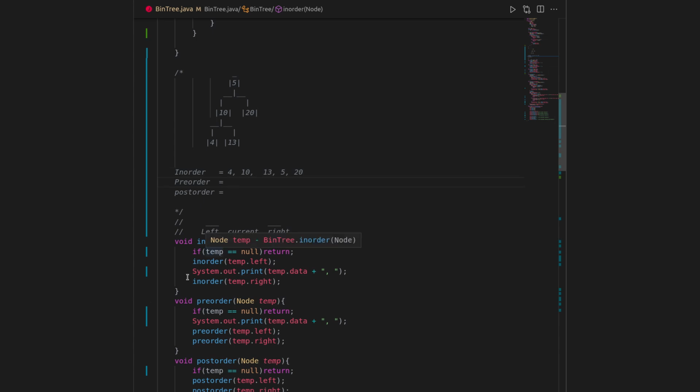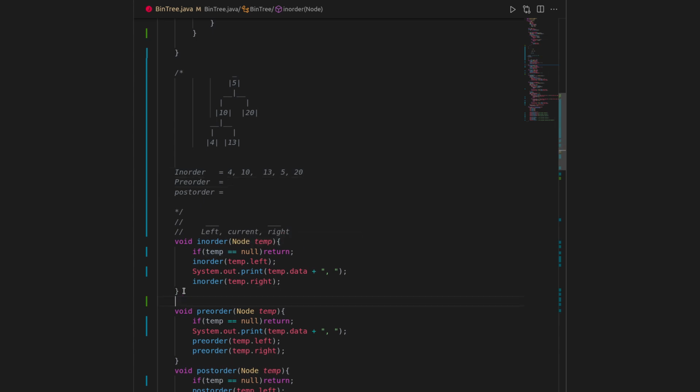So now let's see the pre-order traversal. So pre-order traversal is like first we will print the current node, then we will recursively print the left node, and then we will recursively print the right node. Okay, and by recursive we mean that we will recursively add the children of the left as well as right nodes by passing them as parameter to the pre-order traversal.